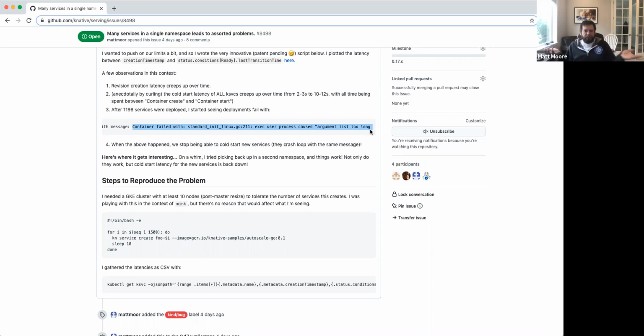It was sort of what we had before. And so that told me it wasn't necessarily something about the number of services in the system in general that was slowing down the kubelet. It was telling me that it was something specific to how services in that namespace were being started.